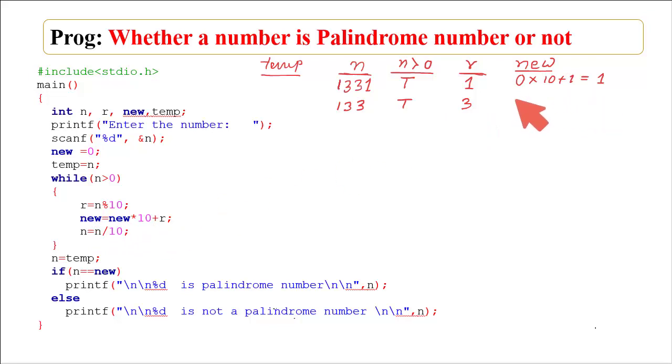What is the previous value? That is 1 multiplied by 10 plus the present value of r. What is r? r is equal to 3. So this is 13. Again we have to delete this 3 and we need to get 13. How will we get that? n divided by 10, means when this is again divided by 10, we will get the value 13.